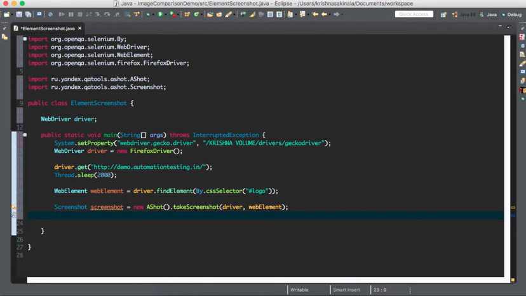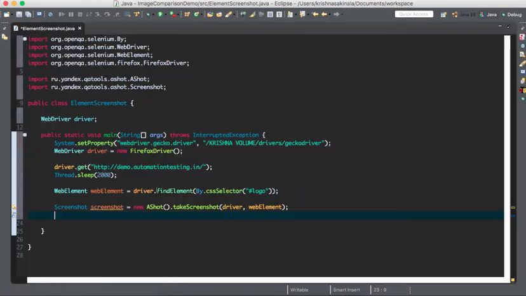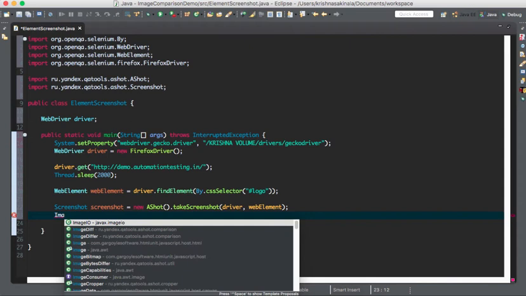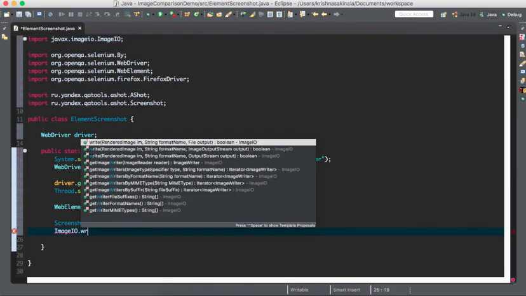I have the screenshot. Now I want to save the screenshot in the form of PNG in my local system. For that, I have created one folder in my folder structure, that is images. I want to place that image in this images folder. For that, we have one more static class, ImageIO.write,